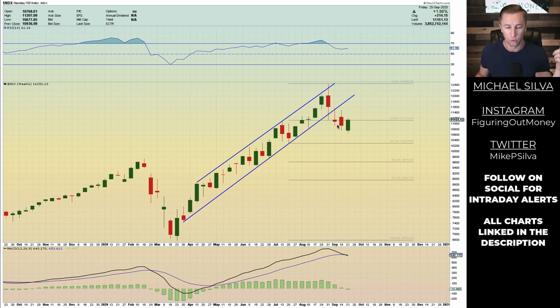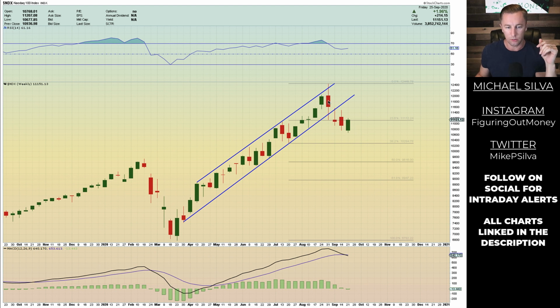We don't know. We're seeing some signs of strength, which is good, but we still broke out of this channel. So when we broke down, this now is going to become a level of resistance. So even if we see a run up, it still has a lot of work to do into the end of the month in order to become more of a bullish looking type setup. And as I see it right now, a lot of market uncertainty. We're coming into our final week of September, heading into October. It's relatively a bad month. I think volatility is continuing to pick up, and we still see, like I said, a lot of uncertainty.